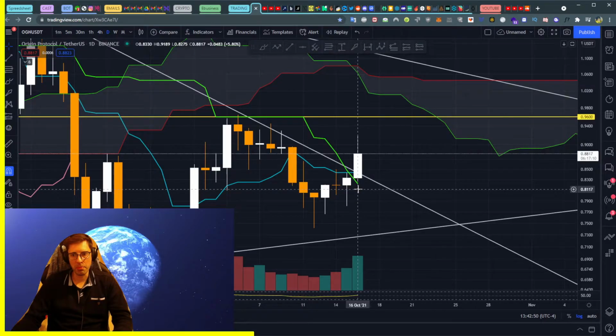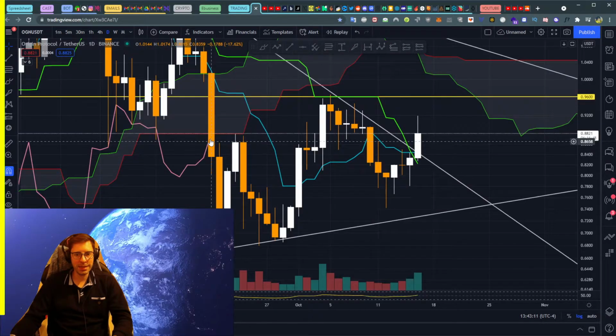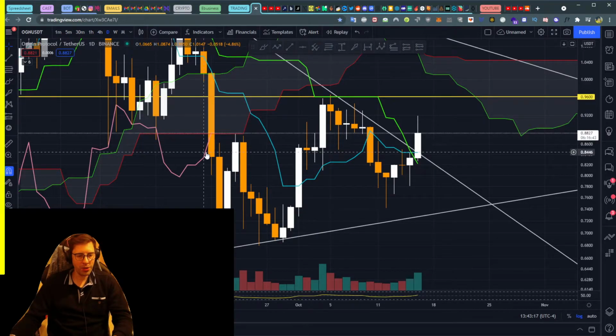Now, another interesting thing to notice is our lagging span. The lagging is exactly where our candle sits 26 days in the past, okay? It's 26 periods before. And this one is now dealing with a massive candle here. A big candle is usually a massive resistance for the lagging. So what we are seeing here,